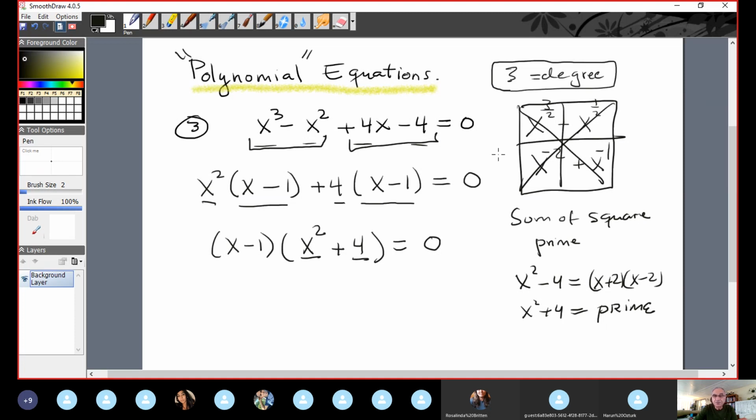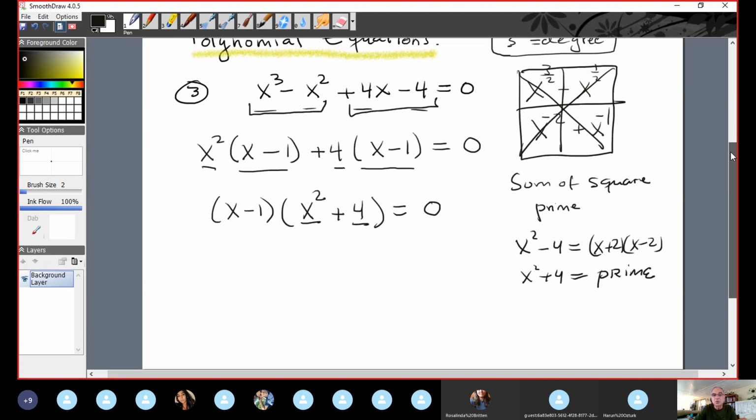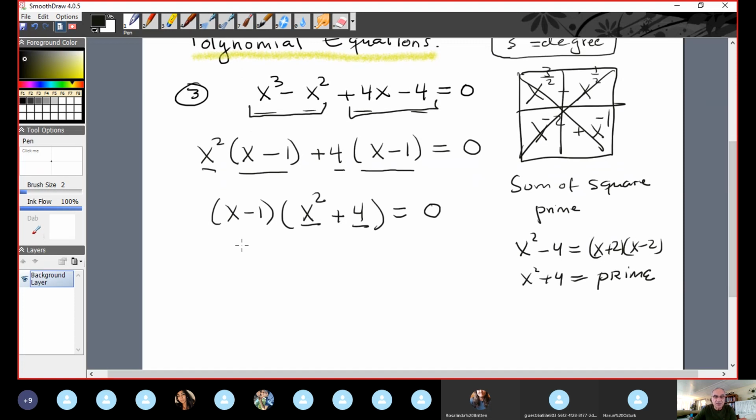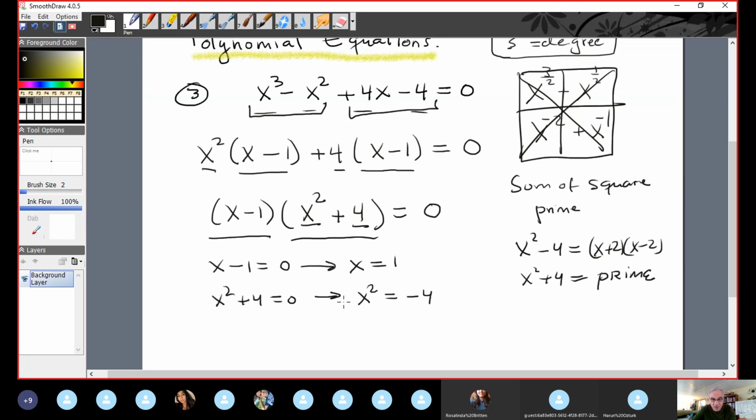Okay? Now, as always, in order to find the solution, almost we finish. You apply the zero factor property that allows us to separate this factor and this factor equal to 0. x minus 1 is equal to 0. Therefore, x is positive 1. And x squared plus 4 is equal to 0. This is a quadratic equation, but the best way for solving it is the square root method because b is missing. Entonces I solve for x squared. I move 4 to the right-hand side like a minus 4. Apply square root to both sides. This is just x, and this is